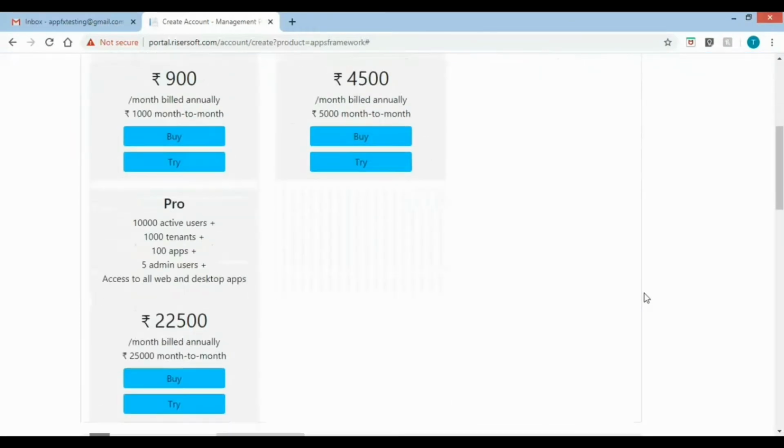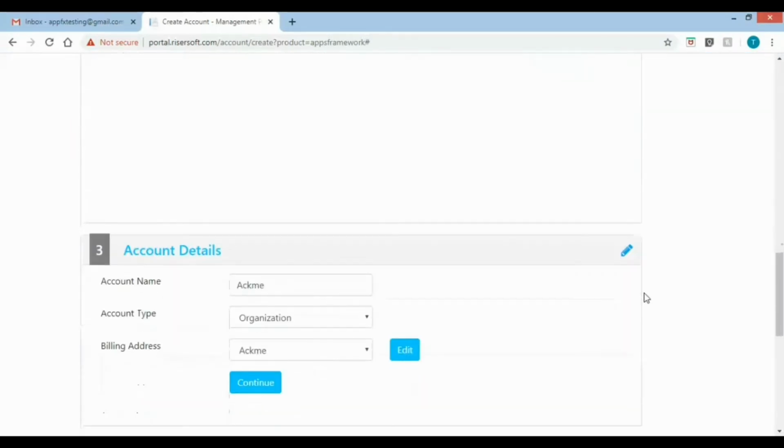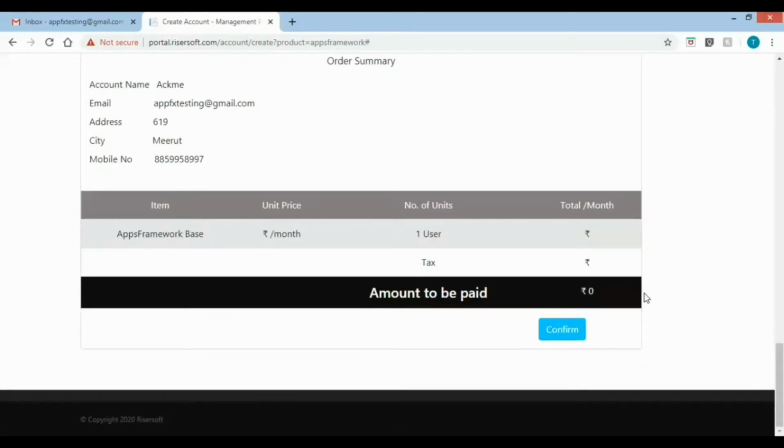Once the publisher sign-up is complete, you will receive an email from Risersoft containing links specific to your publisher, using which you can check different applications like admin portal, registration portal, app system developer, app system publisher, home app, and service provider.